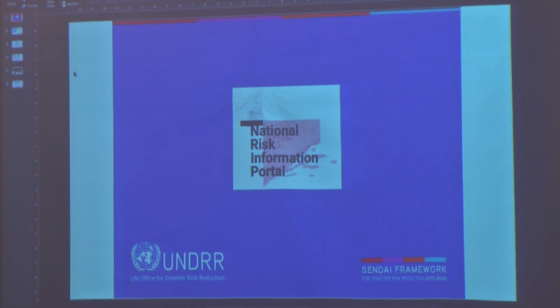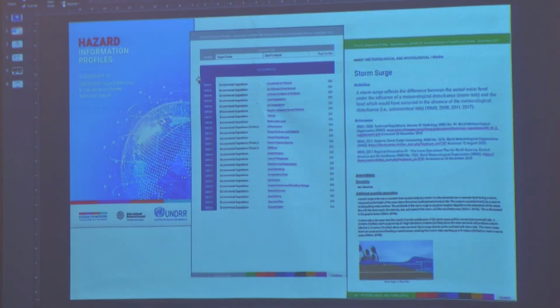So I'm just going to share with you a few slides to walk you through what NRIP is. NRIP is focused on standardizing risk information. We're all aware, whether we're UN partners, INGOs, national NGOs, or researchers, that we're producing a lot of risk information.